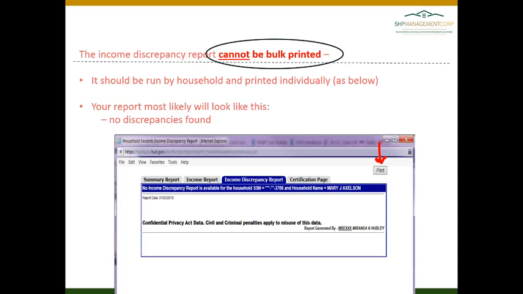Add it to the resident file. It proves that you ran the report. Please note that there is a quote-unquote bulk link in EIV for income discrepancies. Do not run it in bulk because that bulk link does not give you this page that shows no discrepancy